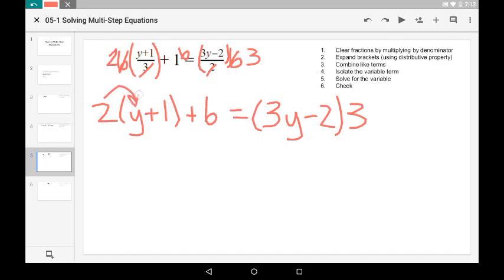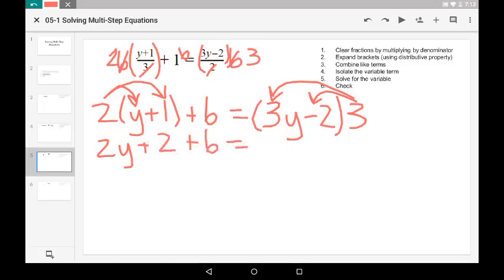Now we're going to have to expand the brackets here on both sides of the equations. So 2 times y is 2y, 2 times 1 is 2, 6 stays the same. And on the other side, 3 times 3y is 9y, 3 times negative 2 is negative 6. We're going to combine these together. 2y plus 8